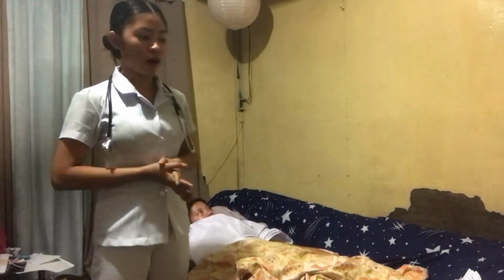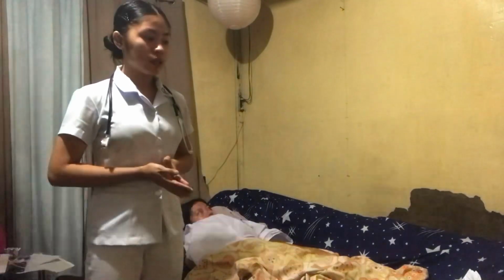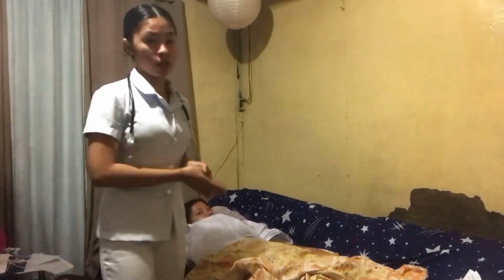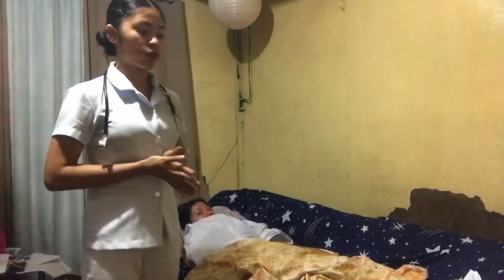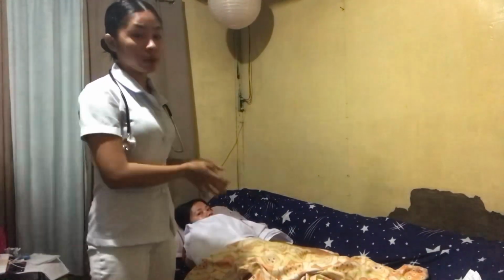Repeat the preceding procedure on the right side. Now proceeding to the assessment of the heart. Begin with general inspection of the chest wall. In women, keep the right chest draped. Gently lift the breast with the left hand, or ask the woman to do this